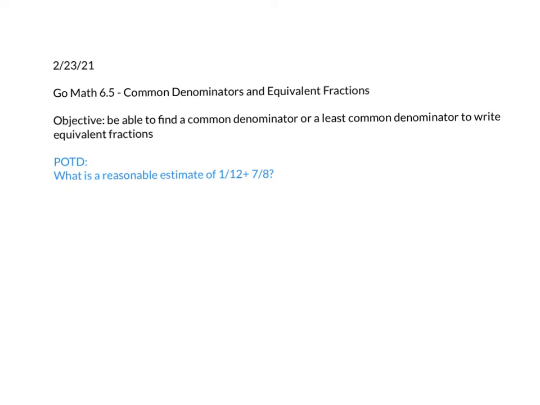Hi everyone, it's Tuesday, February 23rd, 2021, and today you're going to be working on Go Math lesson 6.5. It's called Common Denominators and Equivalent Fractions. Yesterday you talked about how to find factors, and finding factors is the fundamental of what you need in order to help you find equivalent fractions, as well as helping you find common denominators. So today your objective is to be able to find a common denominator or a least common denominator to